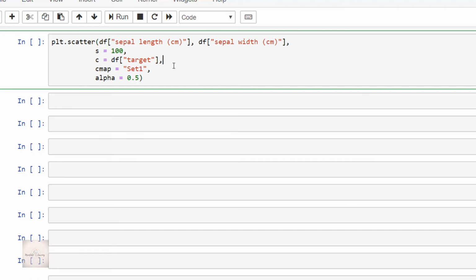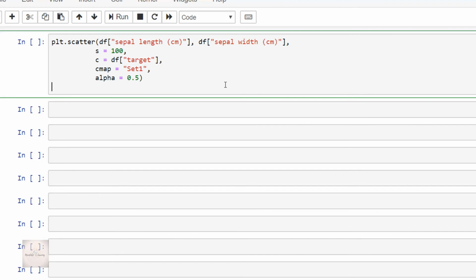And now coming to our next parameter, that is c, the marker color. In our case, I have assigned c with the data frame target, so the 3 different targets will have different colors. Then we have specified the color map as Set1, and for better viewing of the overlapping results, we are using alpha, and the value we have specified is 0.5. Fine. Then labeling.